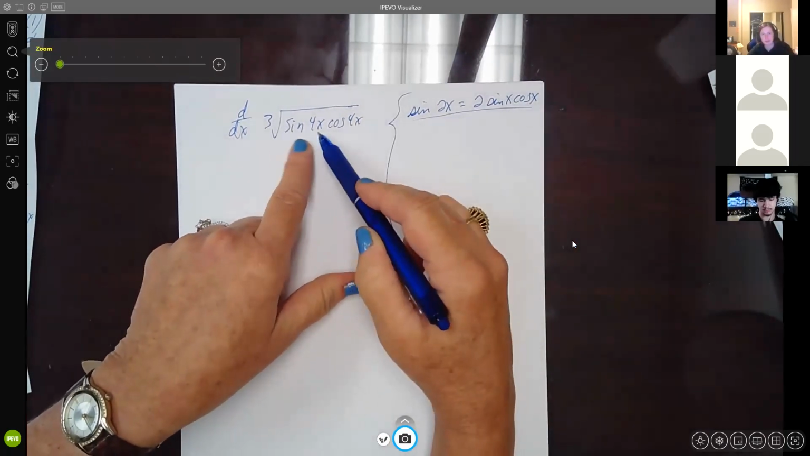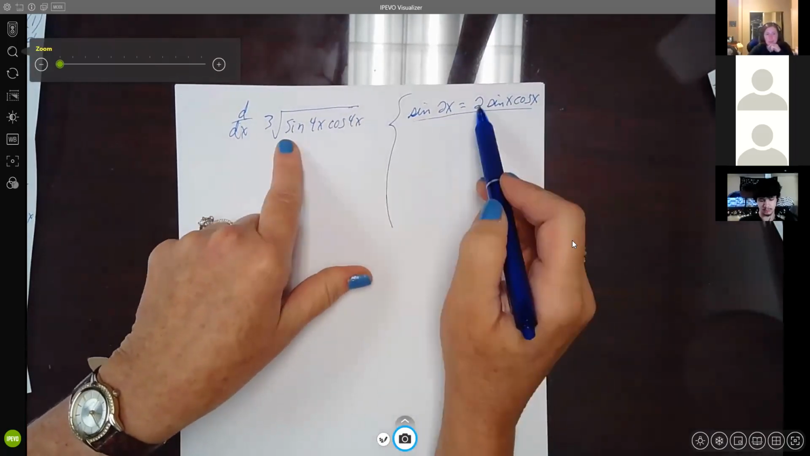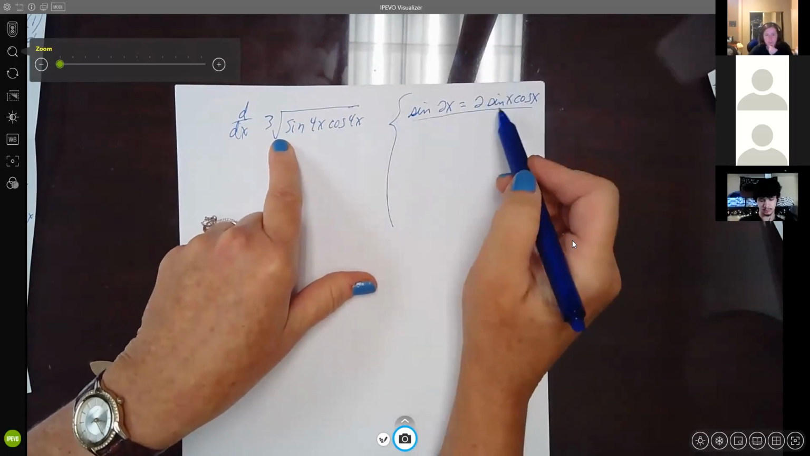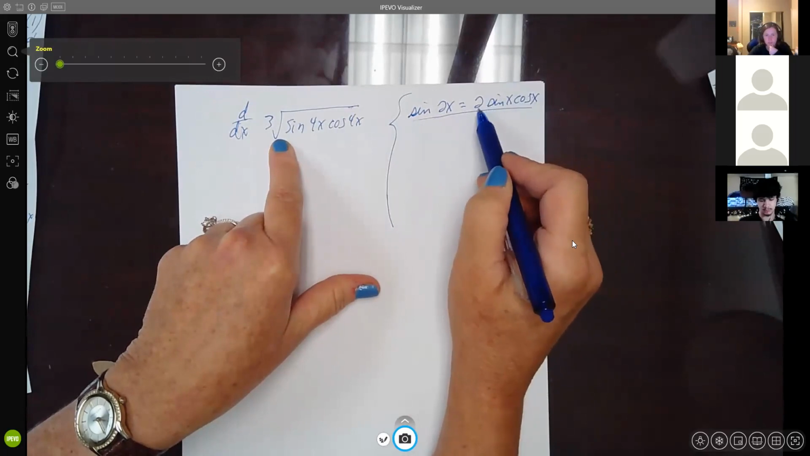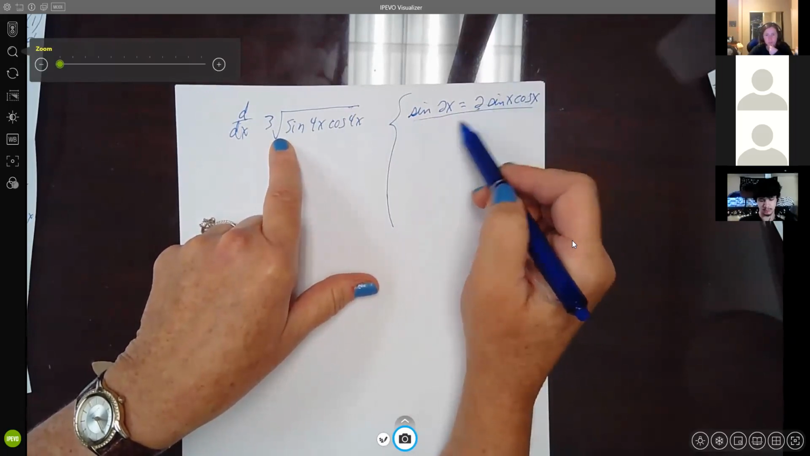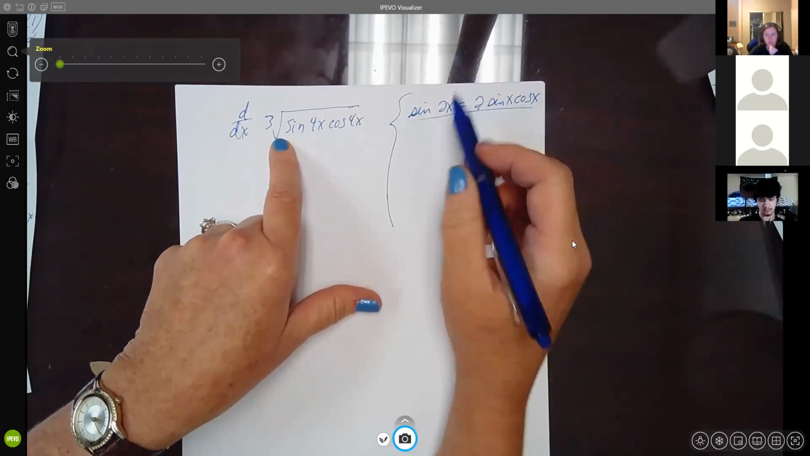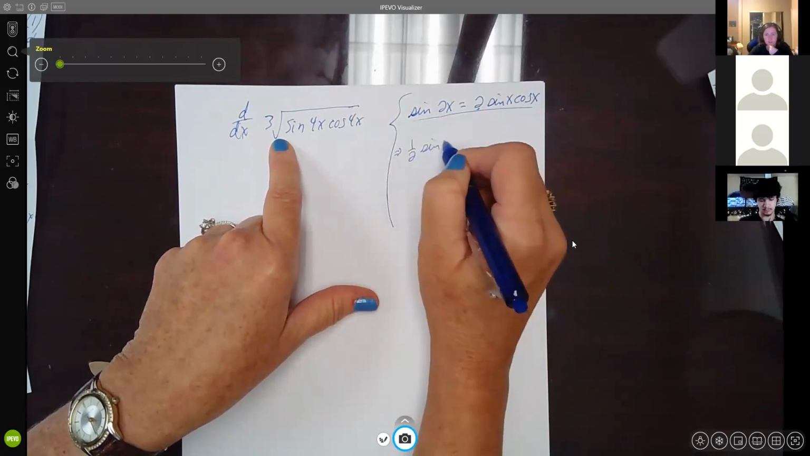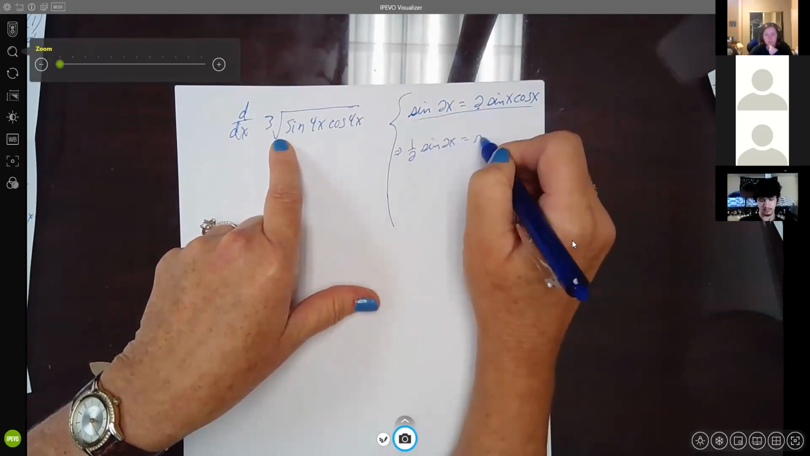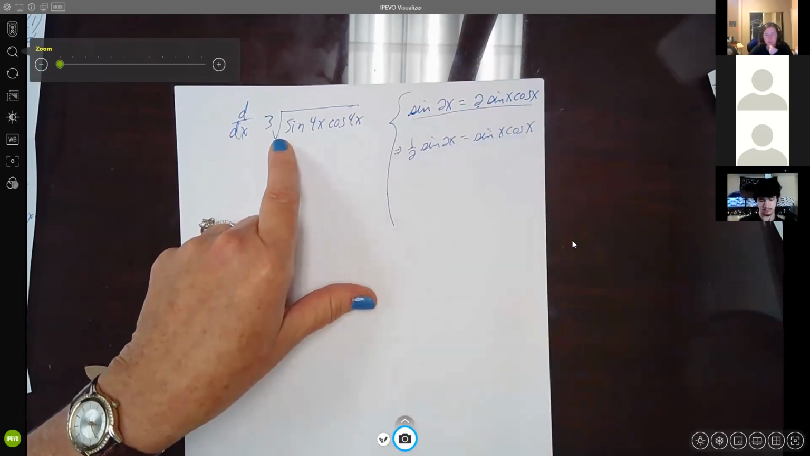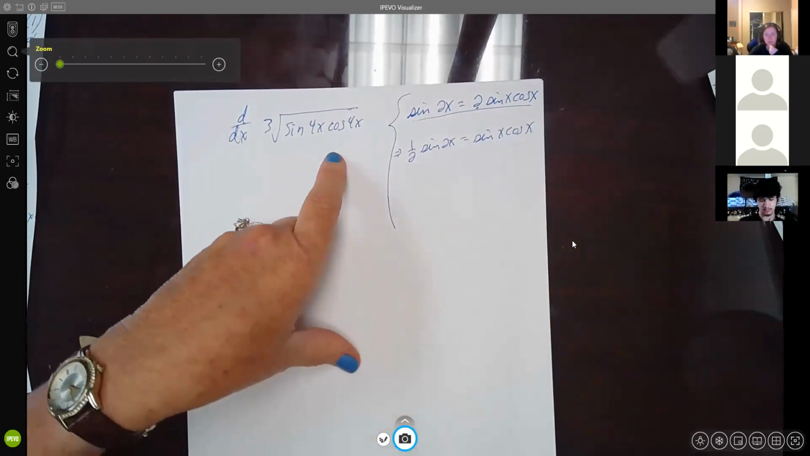This is sine 4x cos 4x. The coefficient of this is 1. This is 2. So I need for this to have a 1 in front of it, not a 2. So it's an equation. I'm just going to divide both sides by 2, or basically multiply by a half. That gives me 1/2 sine of 2x equals sine x cos x. In other words, I'm looking for a way to make this mimic this so I can make this a much